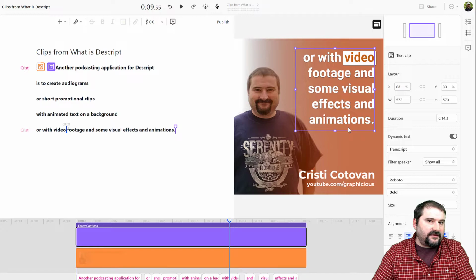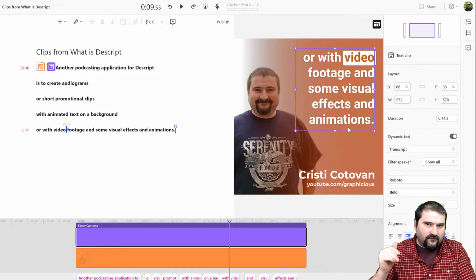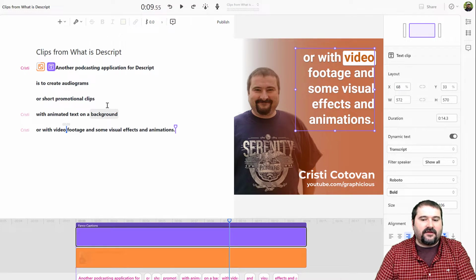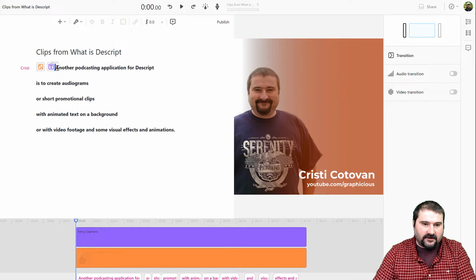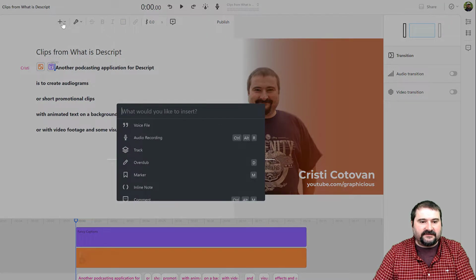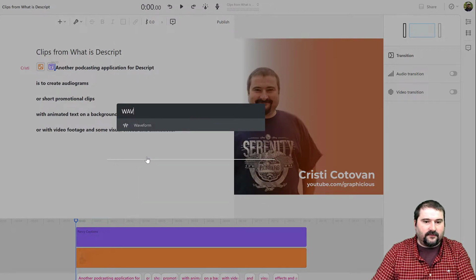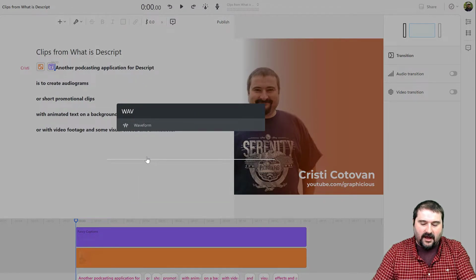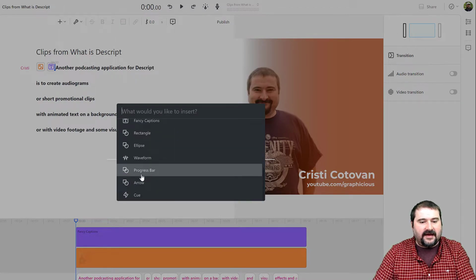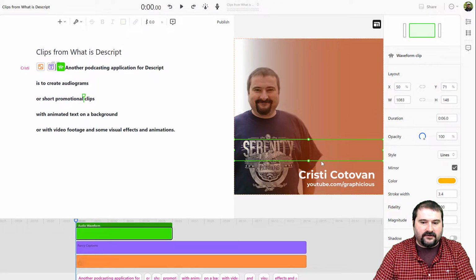So now let me show you another thing you can add. Another visual element is the waveform. You may have seen those on different audiograms, like an animated waveform that actually reflects the audio being heard. Again, that's another element you can add to your audiogram, just like this. Place your playhead at the start or wherever you want that to start appearing, and go to this plus sign here and search for waveform. It also helps if you type waveform, and there you go. You're filtering those items you can add, right? So I'm going to add a waveform now to my audiogram.